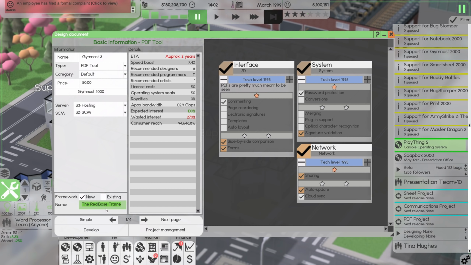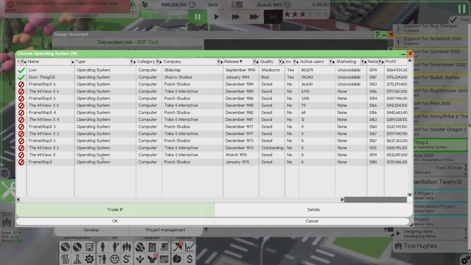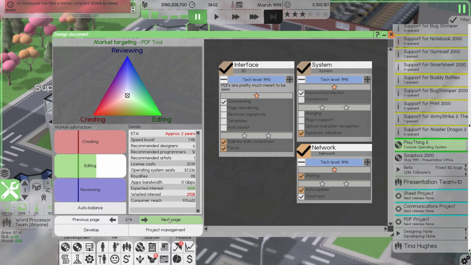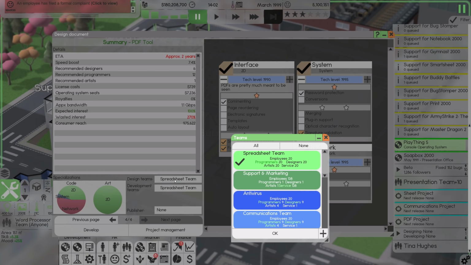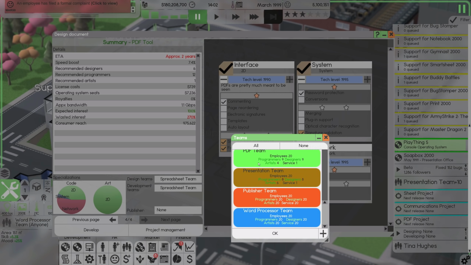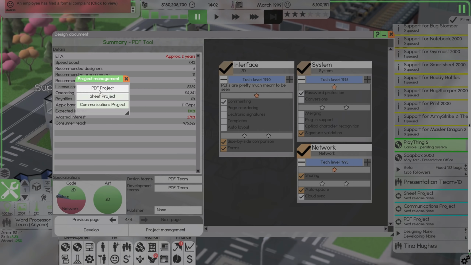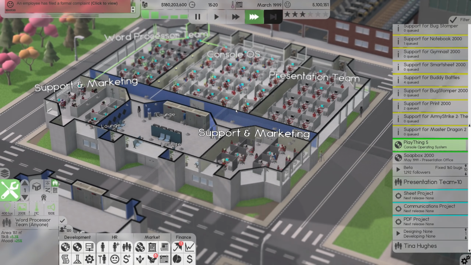New framework. What do we call this? The gym. No, just Gymnast is what we'll call it. That's fine. 2D editor, we're going to have to bring that tech level down a little bit. Not too worried about it. And then in terms of operating systems, it's just going to be these 2. Approximately 2 years is an awful long time for this thing, but whatever. And then spreadsheet team was not doing this. It was the PDF team. I don't think I actually need to specify that the PDF team does this, to be completely honest with you. But I'm going to do it anyway. And then we'll throw it out at the PDF project and leave it at that. And honestly, the PDF project sounds like a...